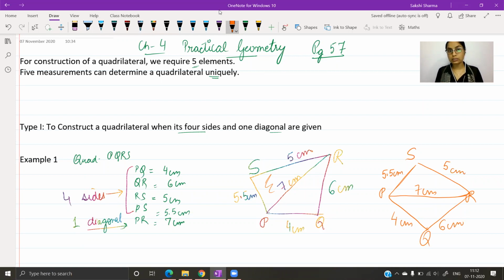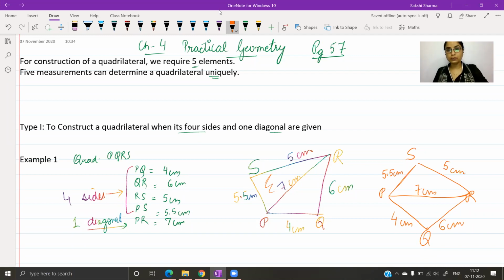Let me know if this is clear, like why I did this. आप चाहो तो जो पहला वाला rough sketch है उसी को mind में रख के काम कर सकते हो, or you could do it the second way. I prefer second way, makes it easier to do the construction. Ma'am. Yes, Rudra? And can you explain again?